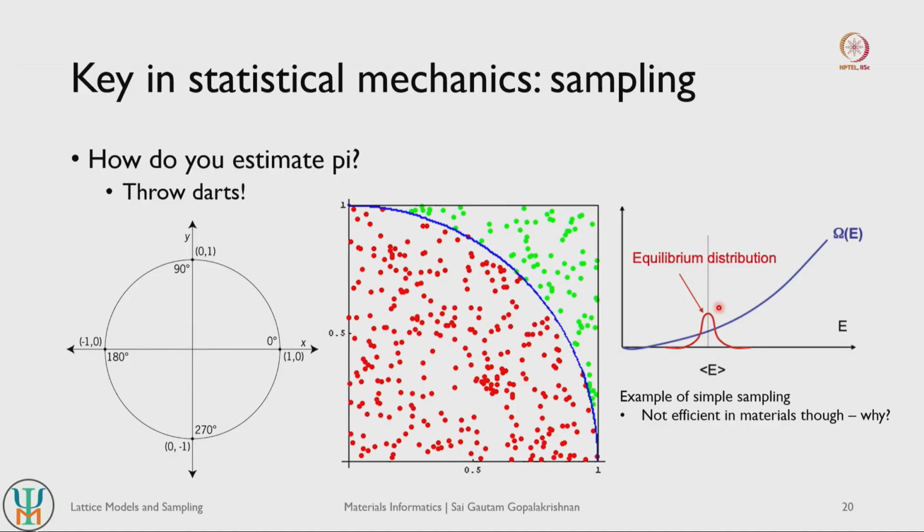So in other words, you need to sample a fairly narrow range of microstates that are relevant to your system to get very good estimates of your average thermodynamic quantities, such as average energy here, right. This type of localized distribution is what is referred to as importance sampling. Just throwing dots is simple sampling; this is importance sampling, where we identify the region of importance for our system and then sample within that region, right. Importance sampling is what is commonly used in materials because it is computationally more efficient.